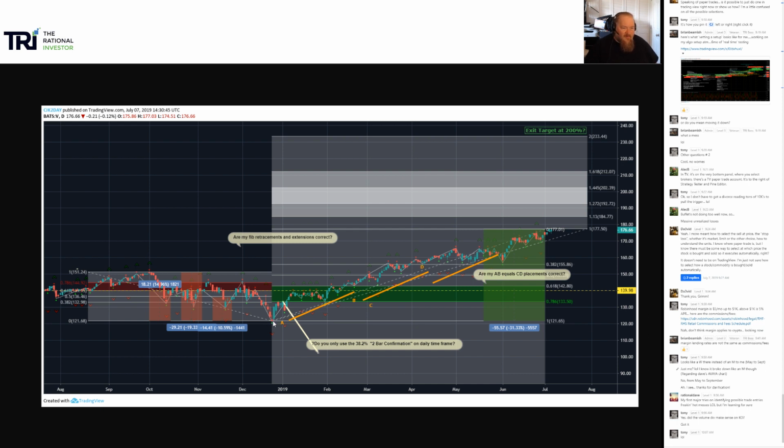All right, so we went from here to here. So based on this retracement study, what we're looking at is for price to come back to this area. It looks like you're combining retracements and extensions, which we do not recommend as a general rule,